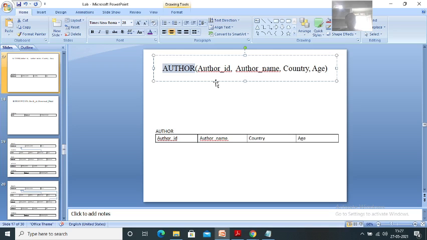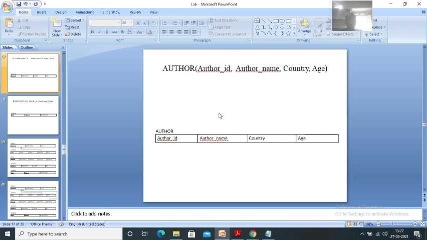If I have written a book, then I will be having some ID, then I am having a name and I belong to a particular country, and every author will be having an age. Got it? Now which is a primary key here? Author ID. Author ID is the primary key.